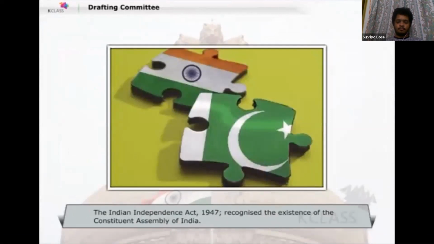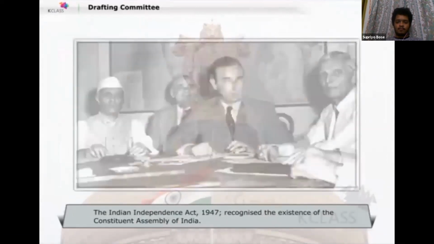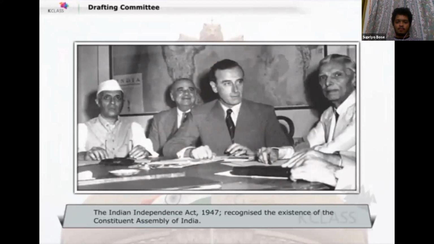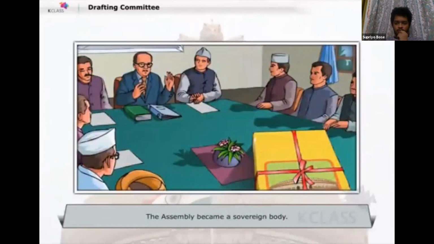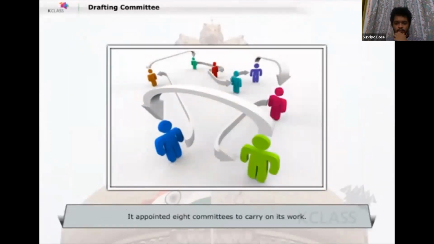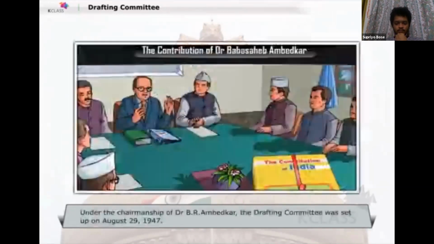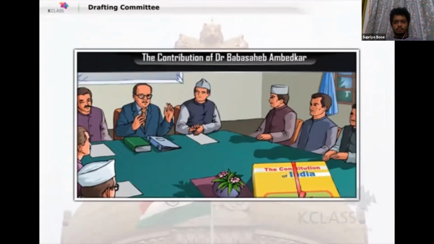Two independent states of India and Pakistan were created by the Indian Independence Act 1947 that recognized the existence of the Constituent Assembly of India. This legal sanction enabled the Constituent Assembly to function after India's independence. The Assembly became a sovereign body. To carry on its work, it appointed 8 committees. Under the chairmanship of Dr. B.R. Ambedkar, the drafting committee was set up on August 29, 1947, and was entrusted with the task of drafting